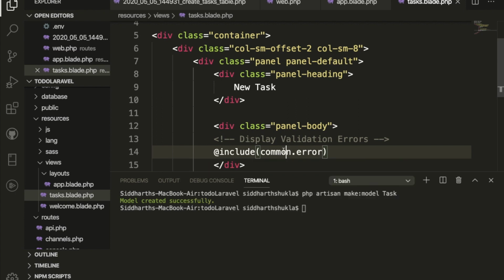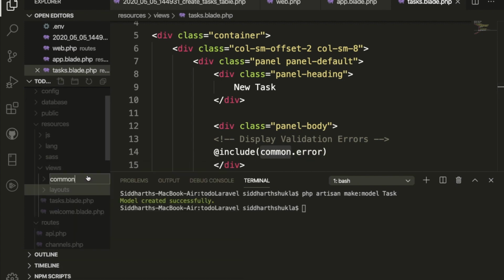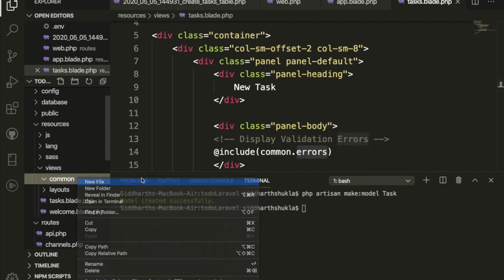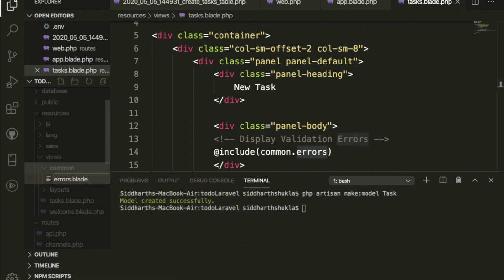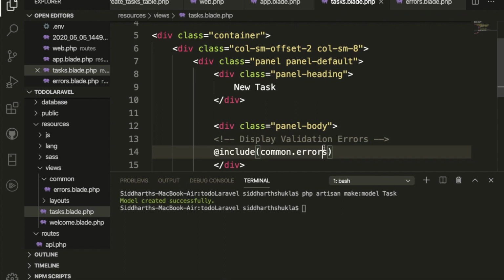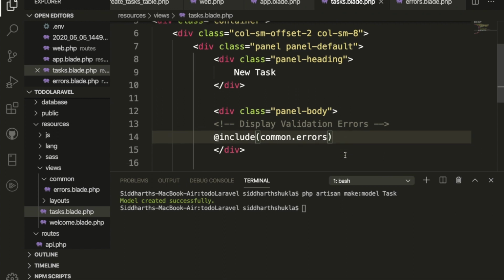Here we will create one more file inside the common, errors.blade.php. Once we will write some code inside of the errors file. Okay, so now we have included it here, inside of this div. Once these validations also we have created